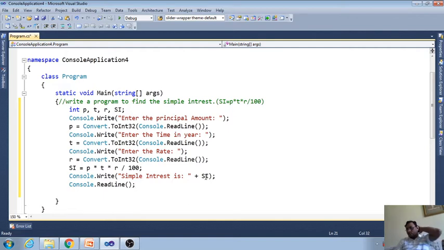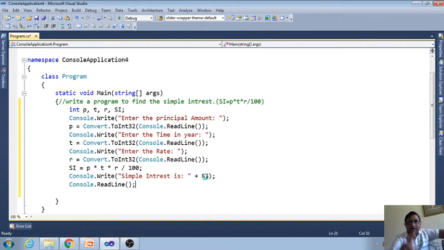Now if I give principal amount 1000, time is 2 years, and rate of interest is 5%. 1000 into 2 into 5 divided by 100 equal to 100.